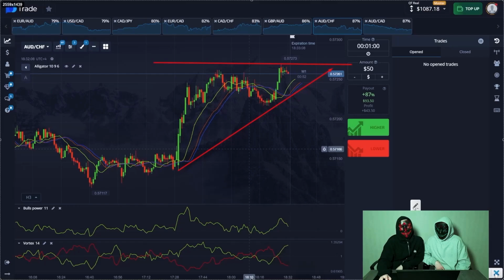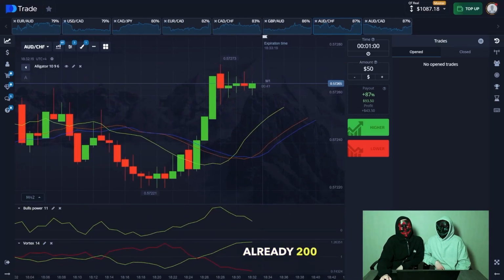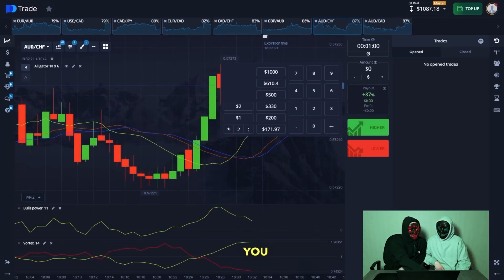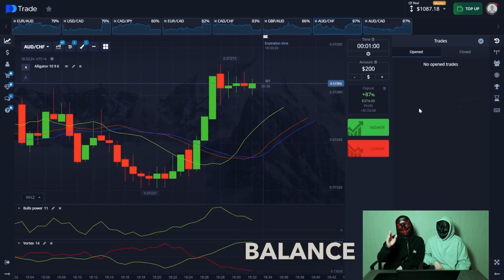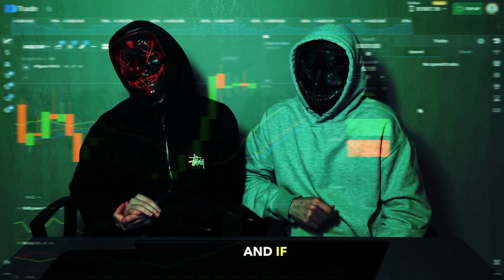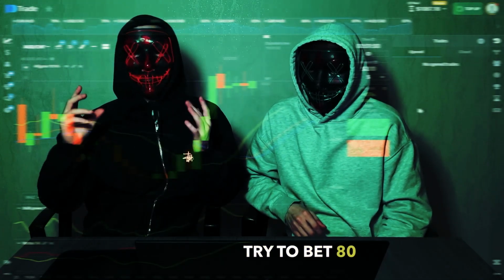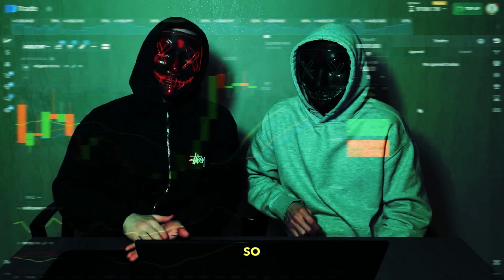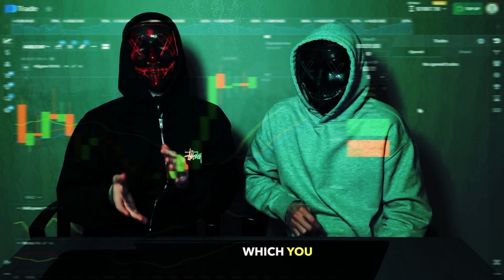We will open for a rise here, change the bet to already $200, and I recommend you use 20 to 30% of your balance. If you have a small amount, try to bet less first, and if you have a slightly larger amount of $500, try to bet $80, $70 so that you have a reserve of money which you could